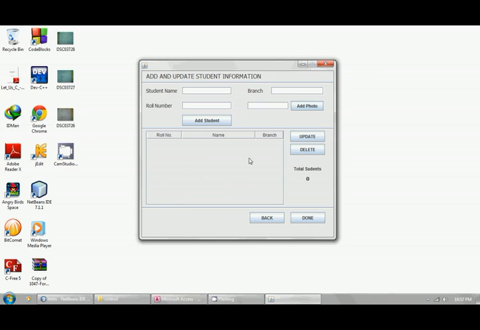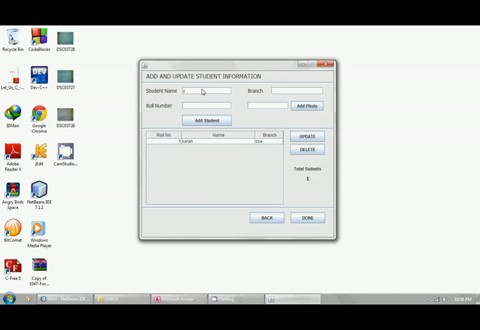Here we configure our students database. We enter in the database all the students against whom we calculate the total cost of food which every student has eaten. First we add the student name, like say Karan, branch CSC, roll number 1, add to database.